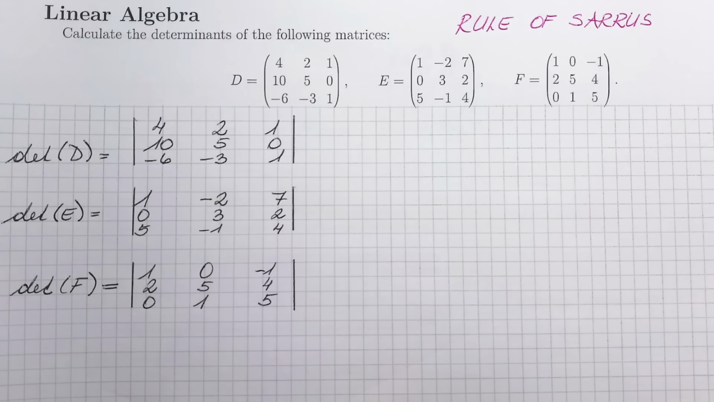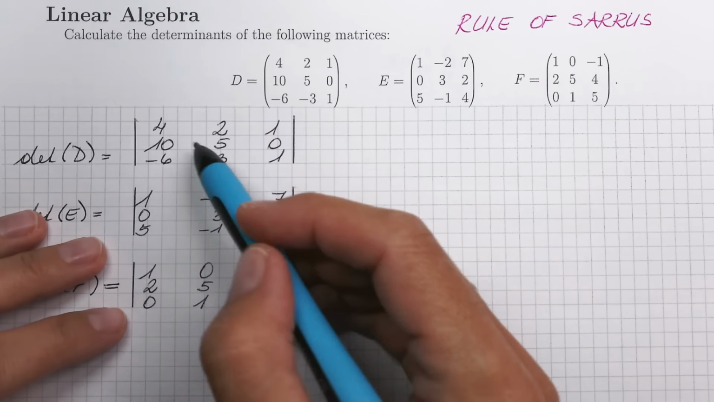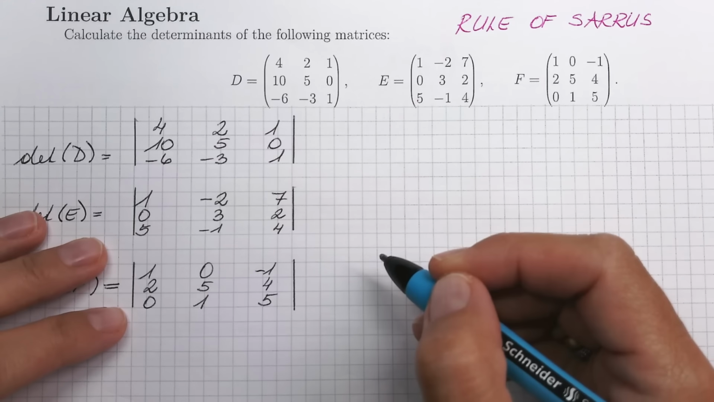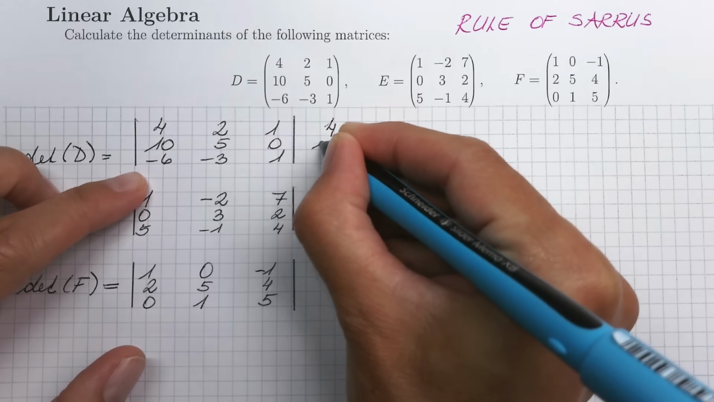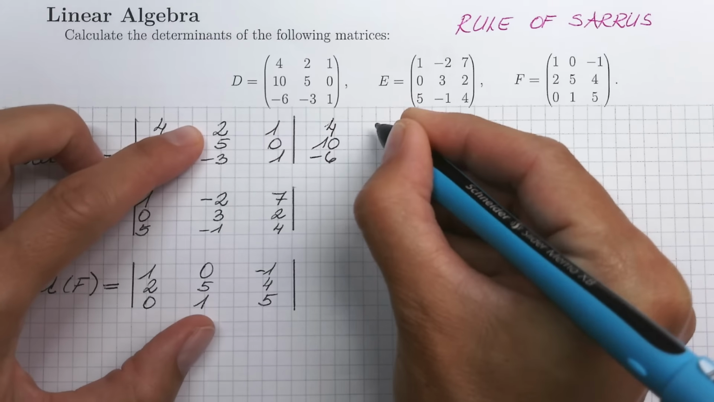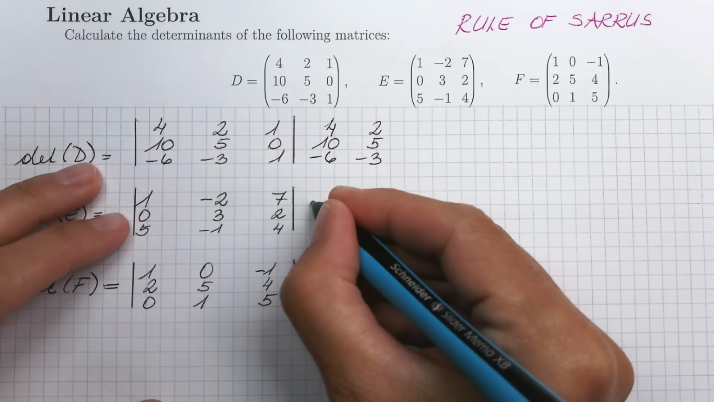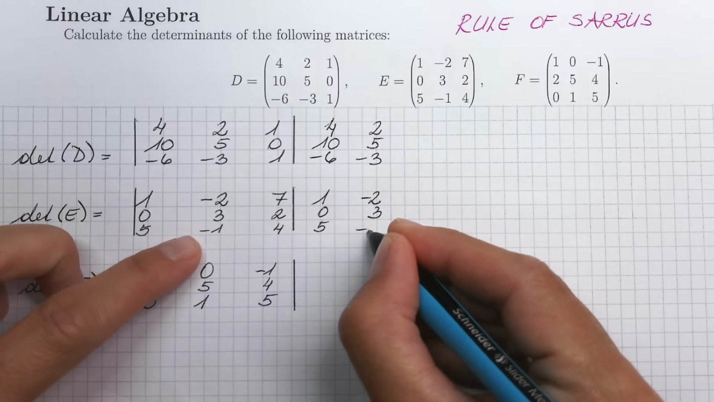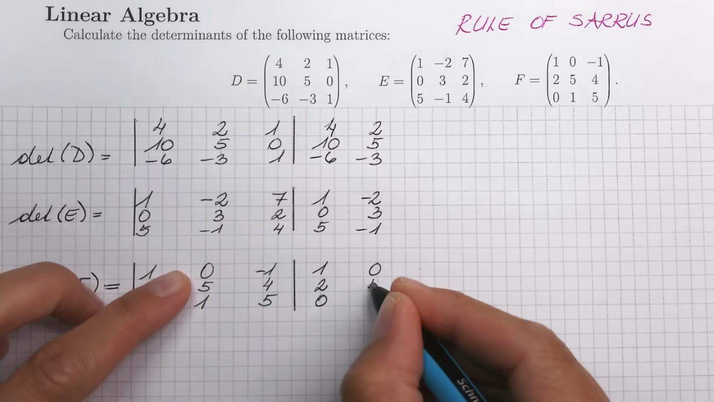How does this work? It's quite easy. Now we have the determinant here, and obviously sometimes at university you just learn formulas by heart, and then you have to panic that you might forget them. No need here. What we do is we extend the original matrix by the first 2 columns, like here 4, 10, minus 6, and here again 2, 5, and minus 3. And we do this here too. 1, 0, 5, minus 2, 3, minus 1, and here we have 1, 2, 0, and 0, 5, 1,